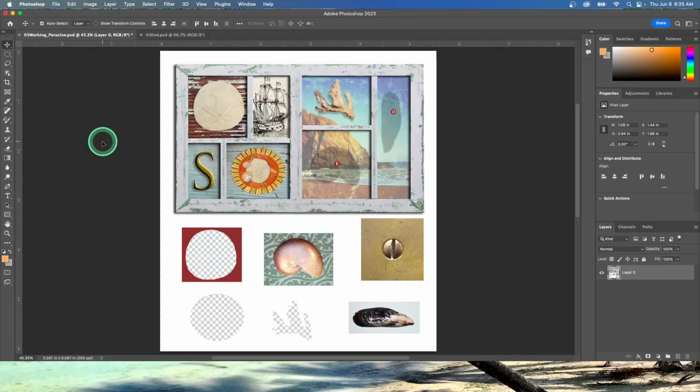So another way to hide the selection edge is to select the View Extras command or press the keyboard shortcut Control H or Command H. Sometimes the selection marquee can distract you as you make adjustments. You can hide the edges of a selection temporarily without actually deselecting, and then display the selection border once you've completed the adjustments. So to do this, if you'll click View,